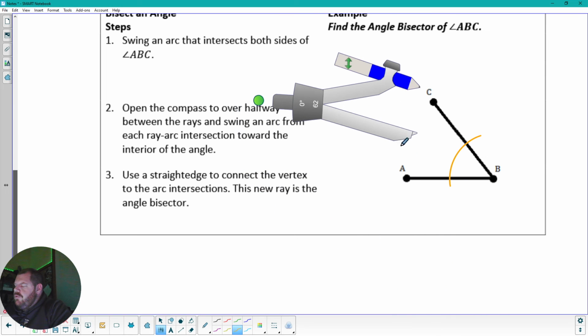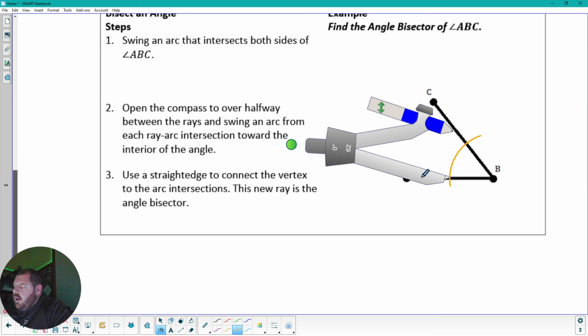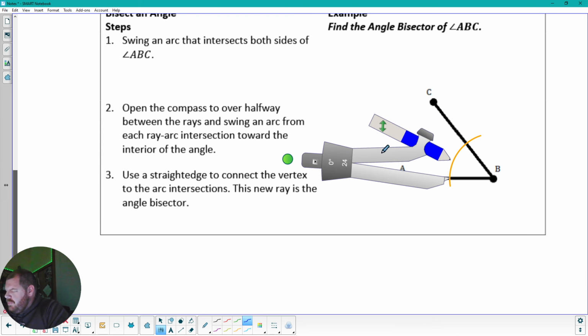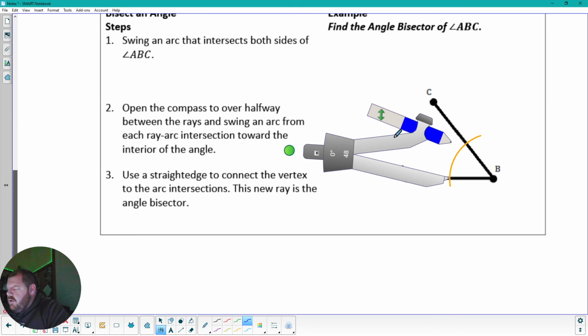I'm going to open it to over halfway, and from that arc and ray intersection, so now it's yellow, whatever kind of yellow that is, and black. And I'm open to over halfway. I'm way over halfway, mind you. I would say halfway through this angle would be somewhere close to that. And so I do agree that I'm way over halfway. If you feel like you want to be closer, okay. Kind of as a rule of thumb, the farther you are above halfway,